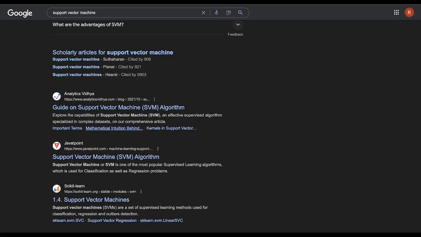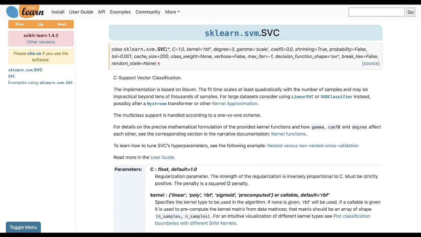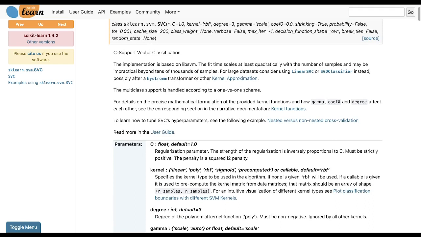You can check the official documentation of scikit-learn for support vector machines, and you can see we have some hyperparameters like the value of C, the kernel which is RBF, and the degree. So these are all the values that you have. The kernel is RBF, which will stay constant if we don't change it to other kernels. We have some different kernels like liblinear also, but we'll keep it